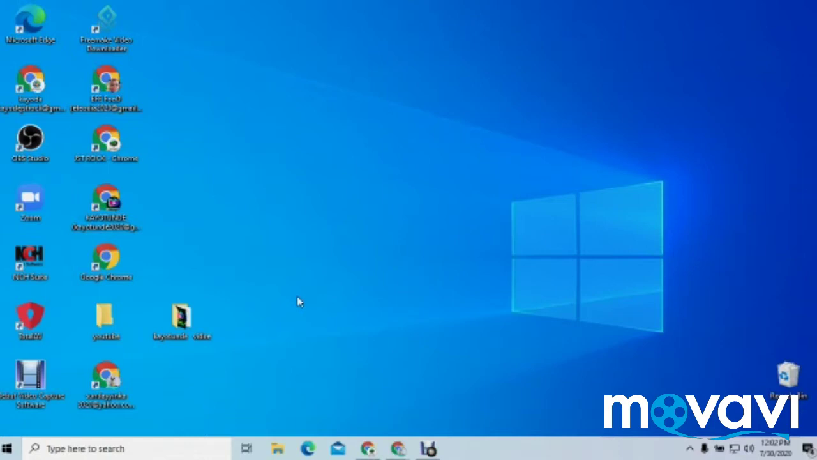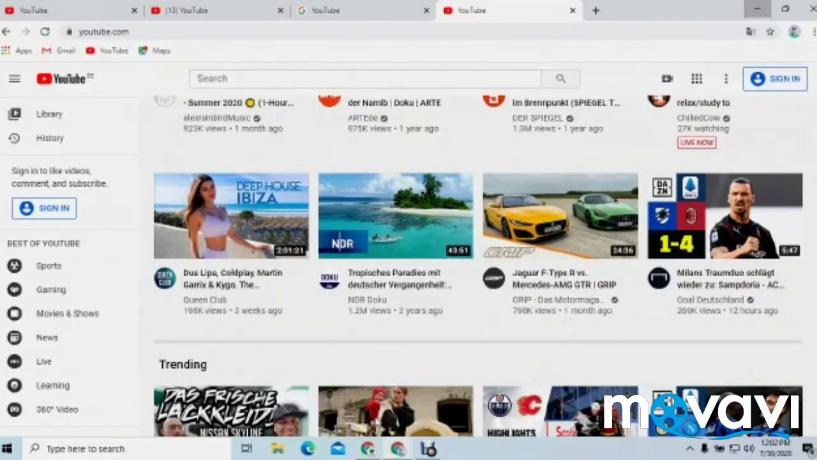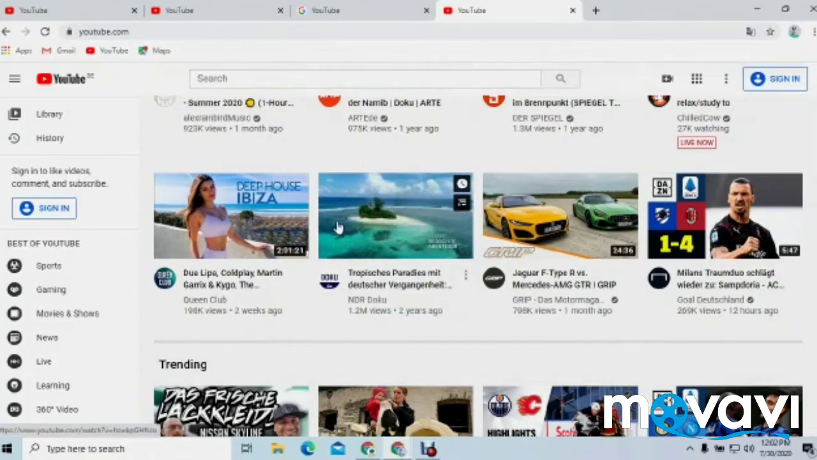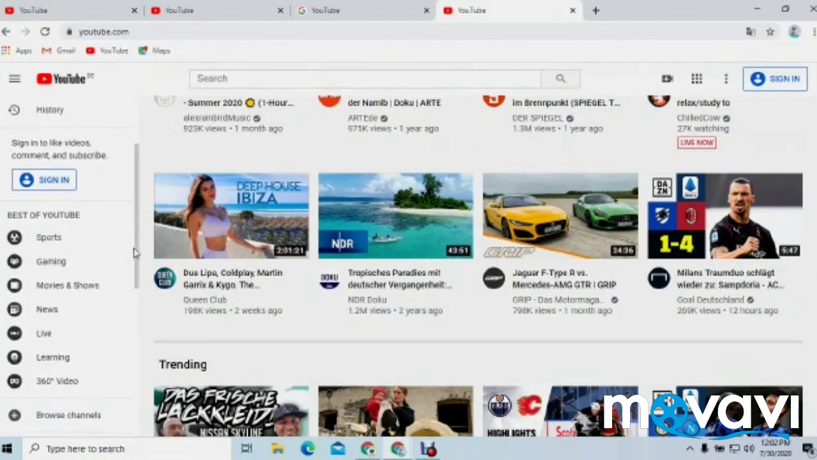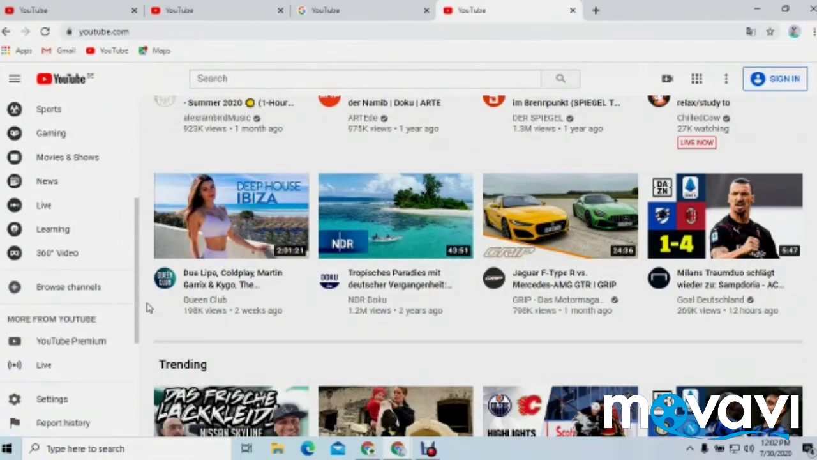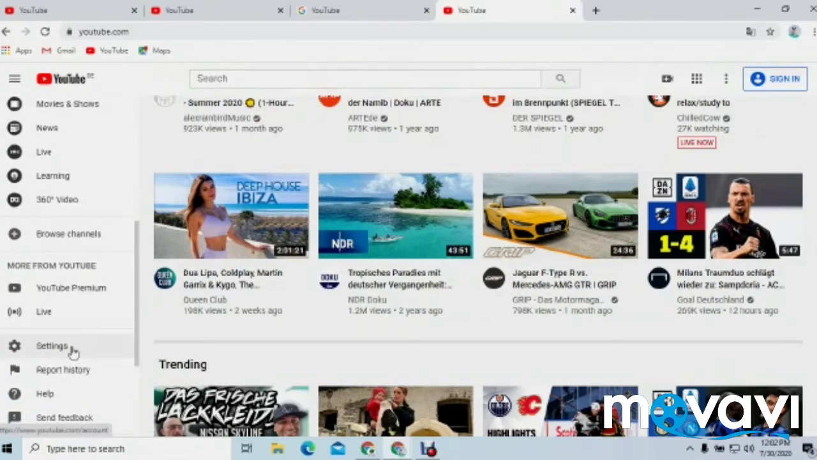Let's get started. So the first thing you need to do is to go to your YouTube channel, or you can write www.youtube.com, and at your left hand here you can see Settings. At your left hand here you click on Settings,